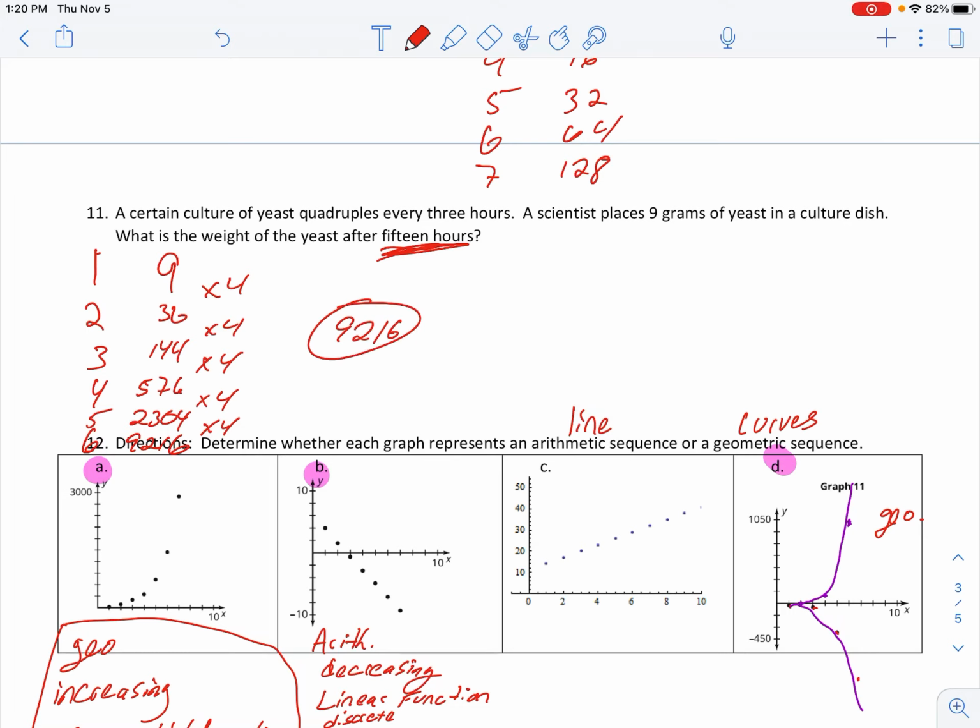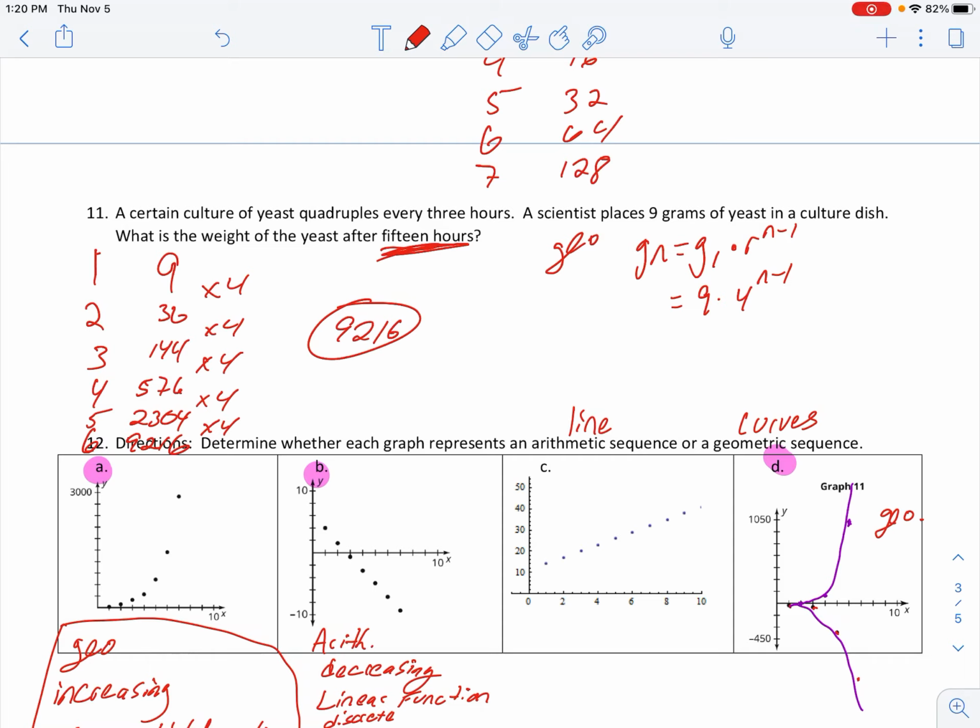Now that's just kind of brute forcing it doing a table. Another way you can look at this is because it's multiplying, it's geometric. So the explicit formula for that is this right here. We're starting off at 9. We are quadrupling. So what I want to do then here is,